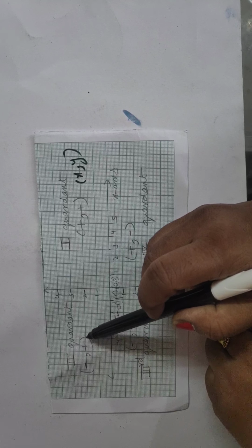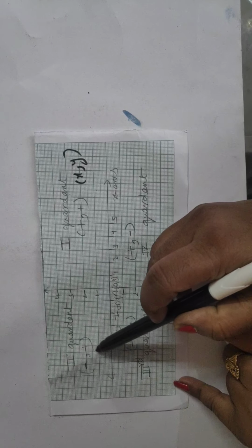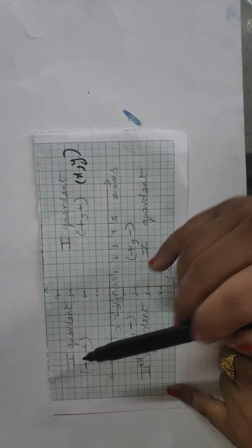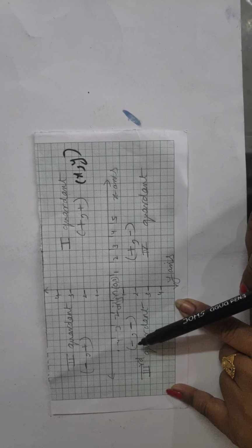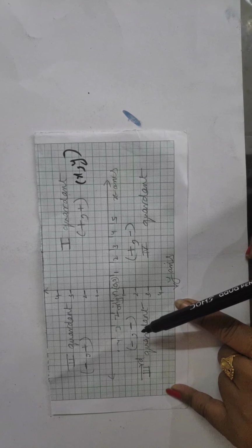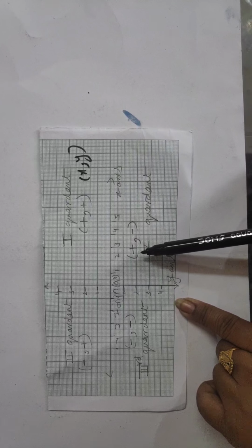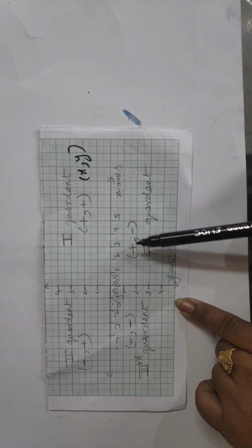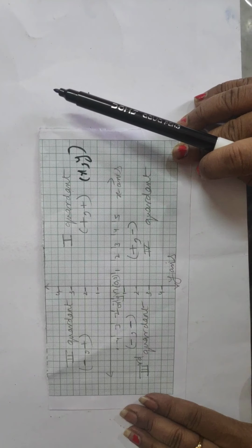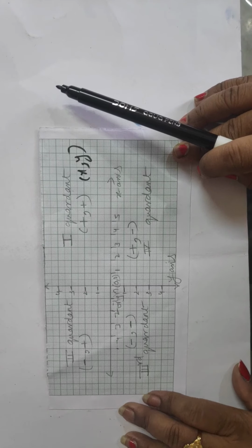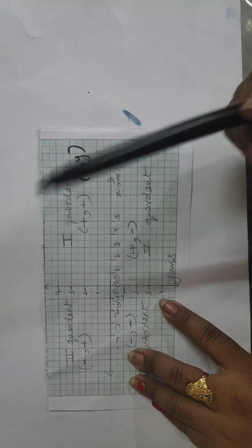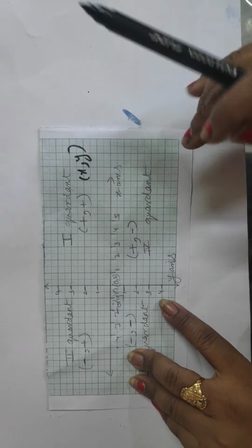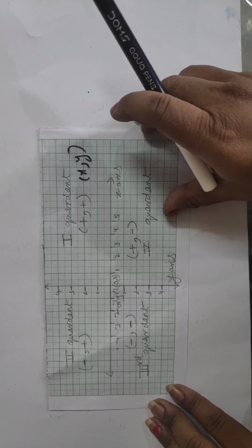This is the second quadrant. Here the x values are negative, so it is minus, comma, plus. Here is the third quadrant, where both the values will be negative. And this is the fourth quadrant. Here the x values are positive and the y values are negative. So we use this to locate any point or to find the distance from the x-axis and the y-axis. Suppose we want to find out the distance from the origin to a point, we can easily find it out.